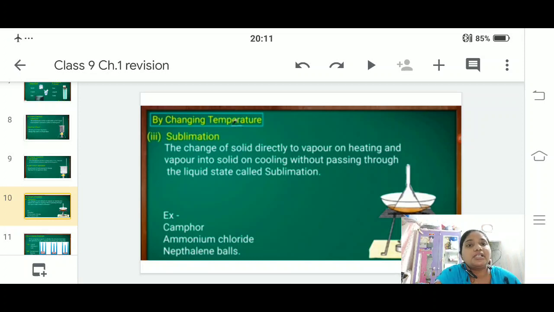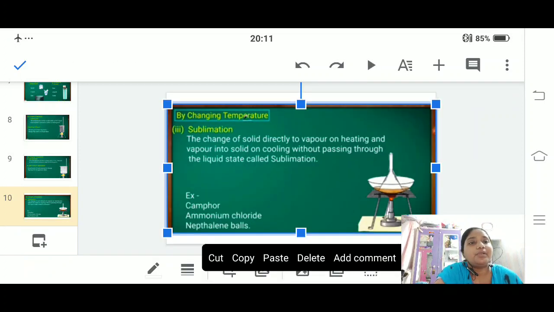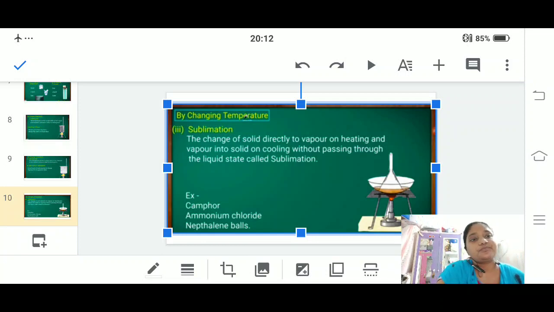Examples given here: camphor, which in Hindi is called kapoor, which you use in puja. Ammonium chloride, which I gave as an example last class with the full experiment. Naphthalene balls, which in winter season we keep in our woolen clothes after the winter season. Okay, naphthalene balls.